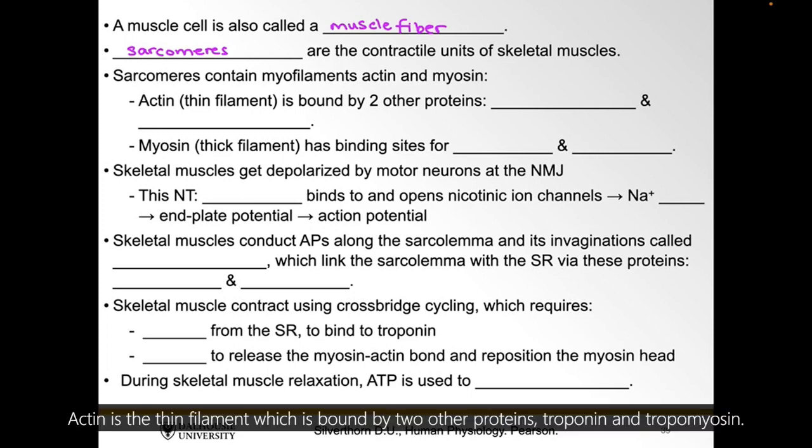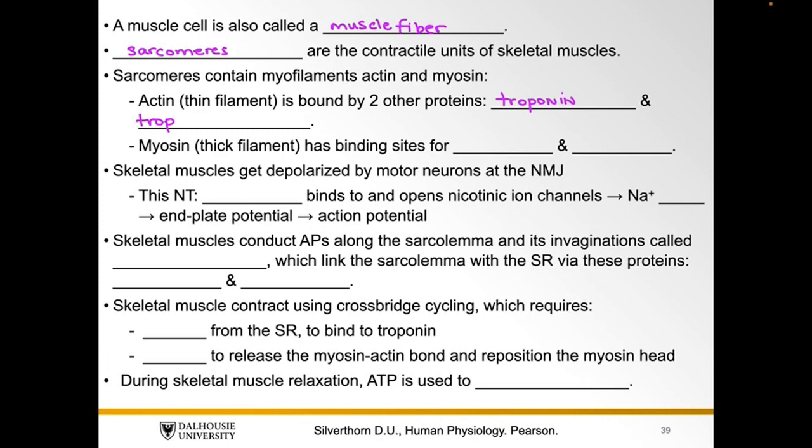Actin is the thin filament which is bound by two other proteins, troponin and tropomyosin. And the thick filament formed by myosin has binding sites for two things, actin and then nucleotides, so either ATP